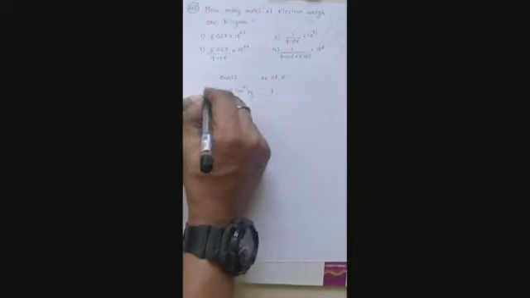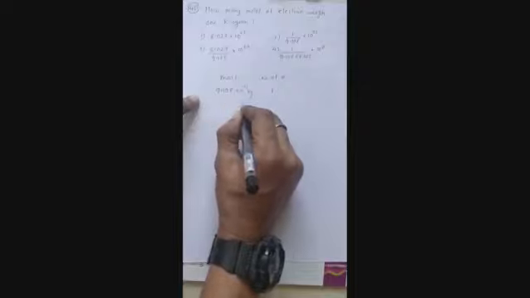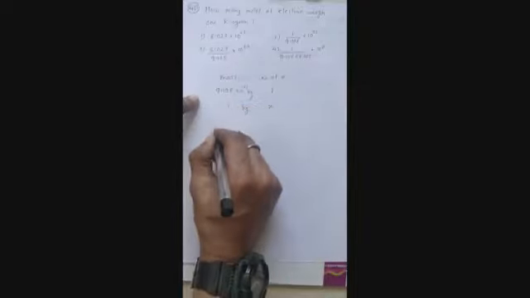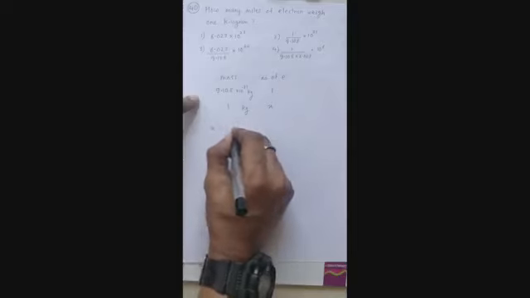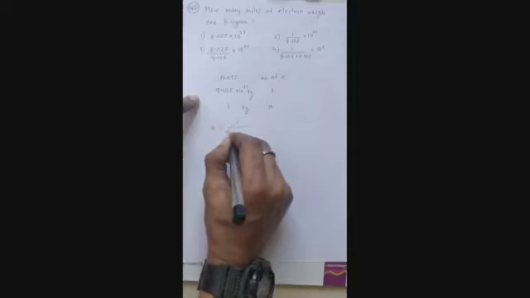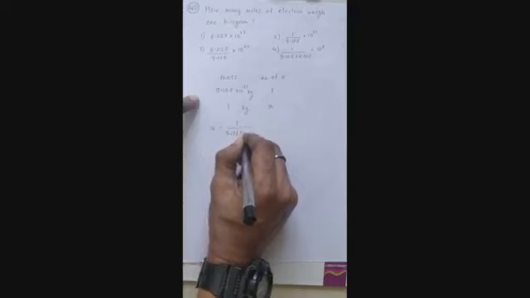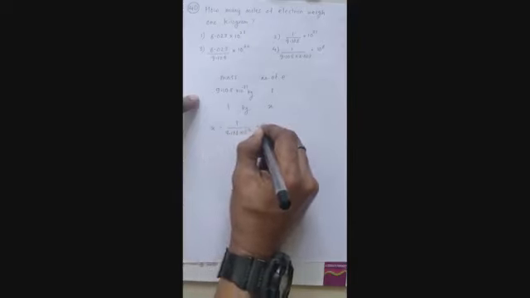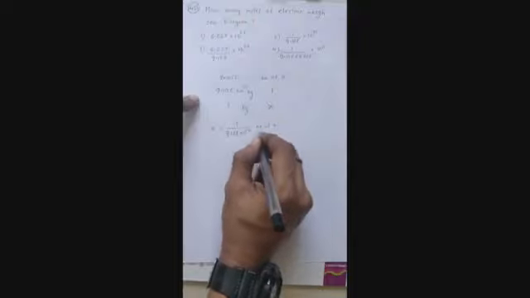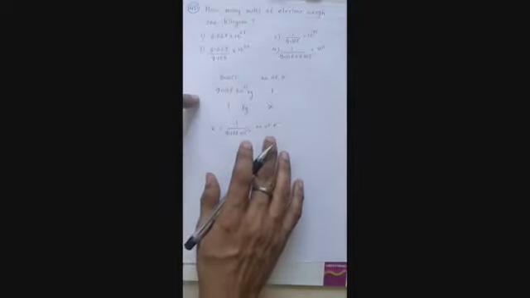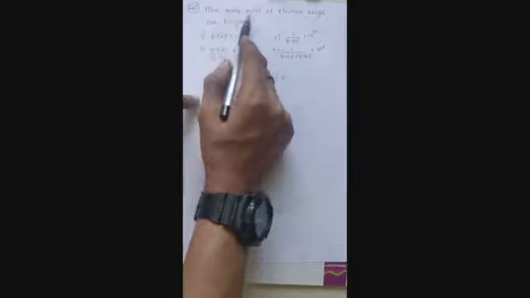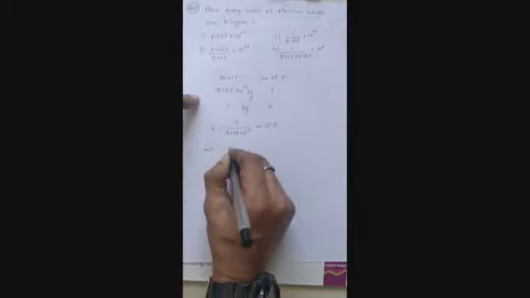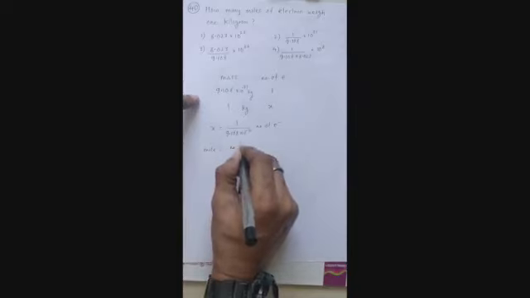Correct? So therefore 1 kg of mass will have how many electrons? So X is going to be 1 upon 9.108 into 10 raised to minus 31 number of electrons. Correct? Now this is number of electrons. Right? But I am supposed to find number of moles. So how do we find number of moles? It is number of particles